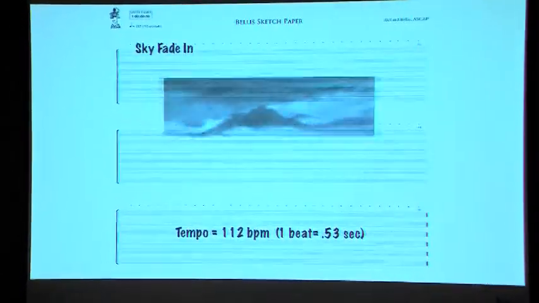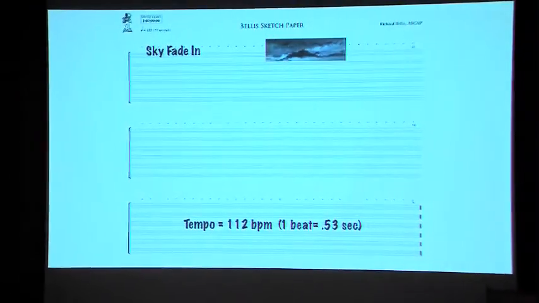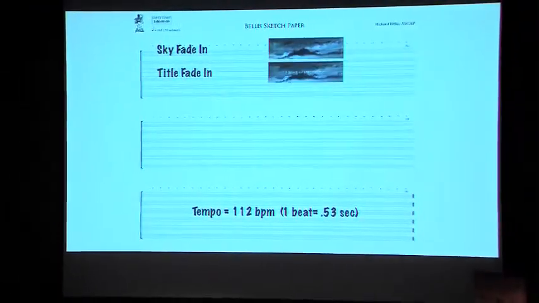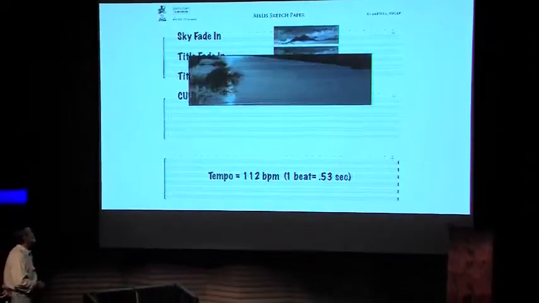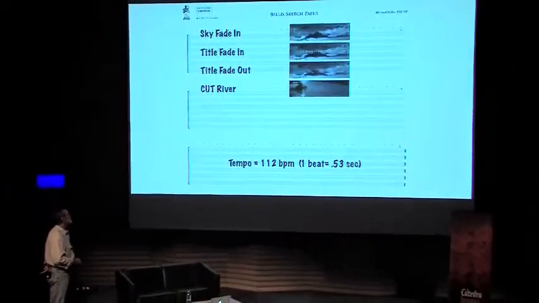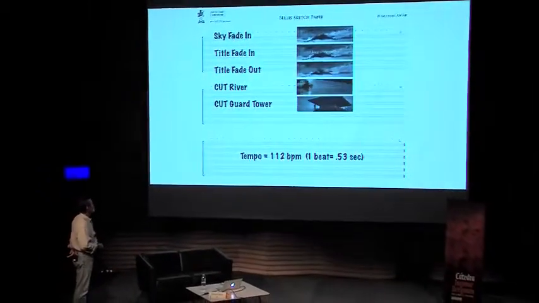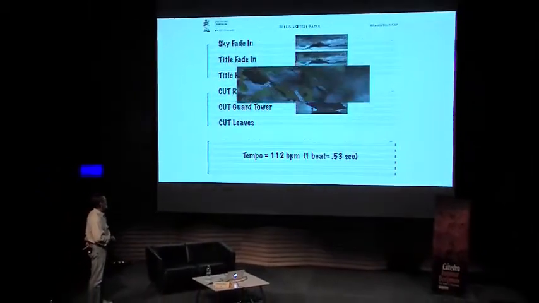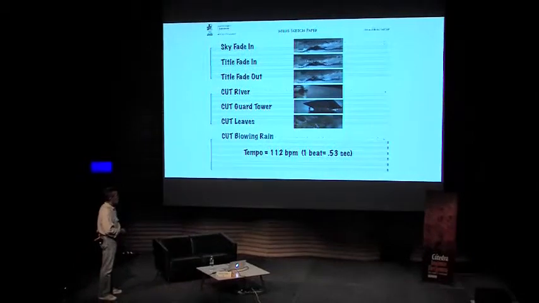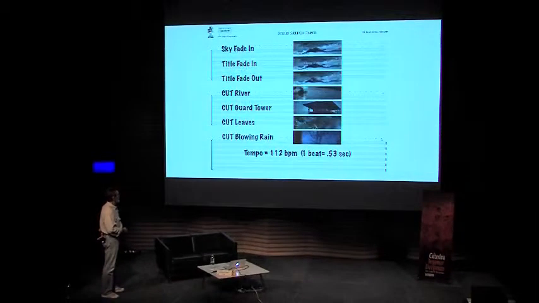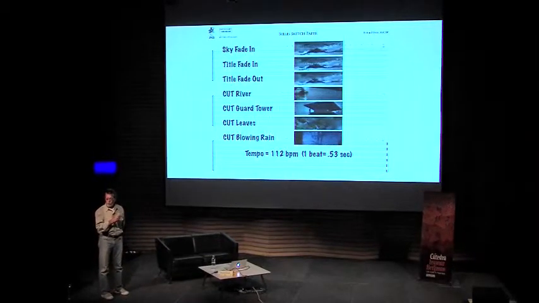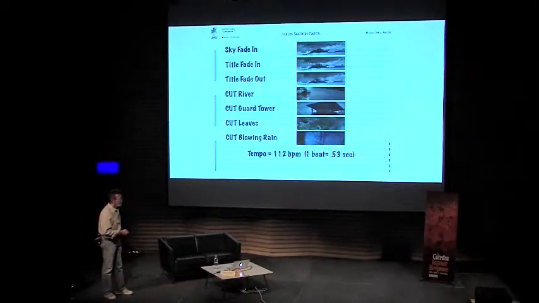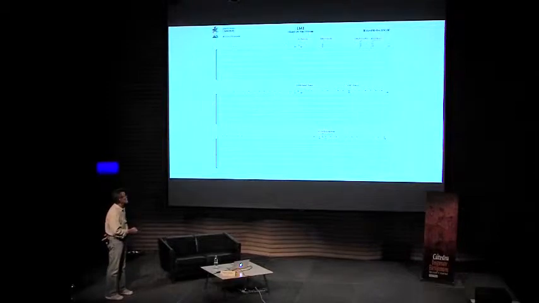Okay, so the things I'd like to know where they are is the sky fading in, the title fading in, title fading out, cut to the river, cut to the guard tower, which is important, cut to the leaves or away from the guard tower, and cut to the blowing rain. Now, I won't hit all of these. I just want to know where they are. So now,